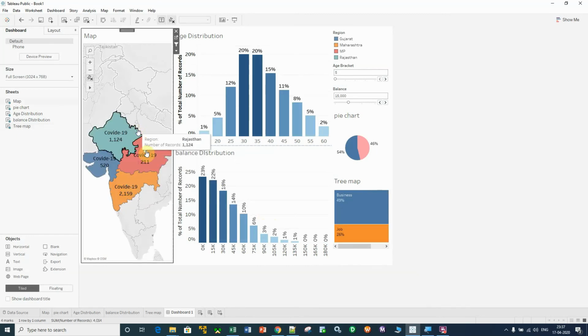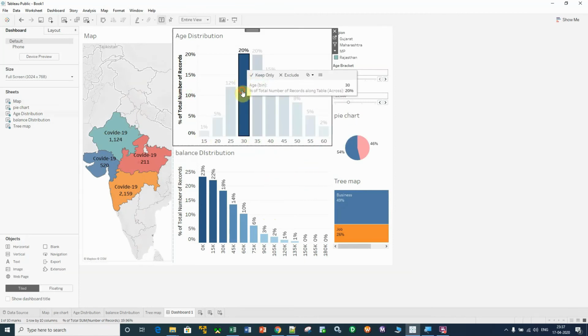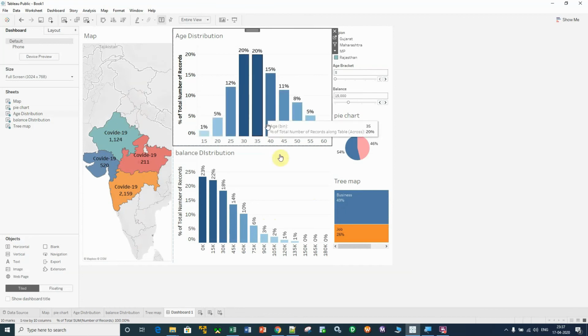So in that way, you have just made the map a filter. If you click anywhere on the map, this dashboard will change. But if you click here, nothing is going to change. That means each and every chart you have to make an action filter, right? So what is the easy way to do that? Just click here, so it also becomes an action filter.